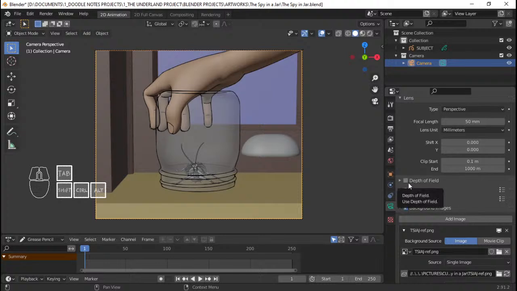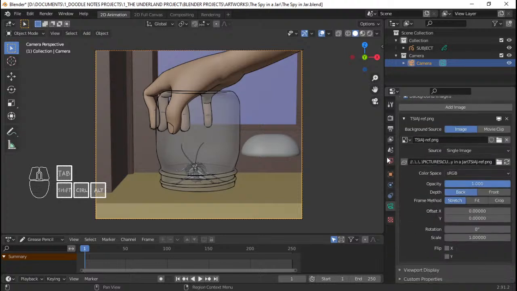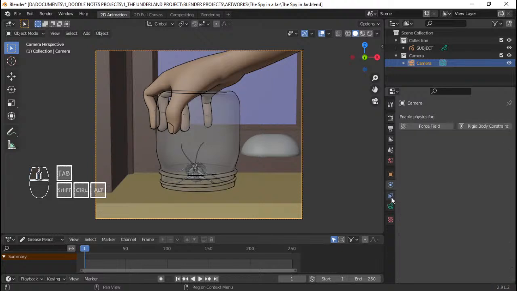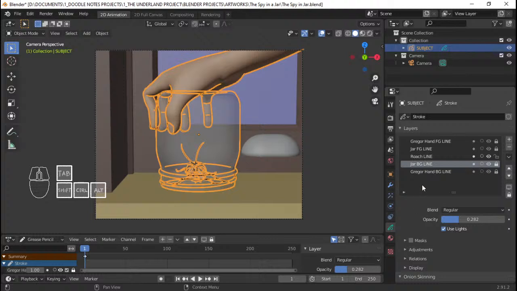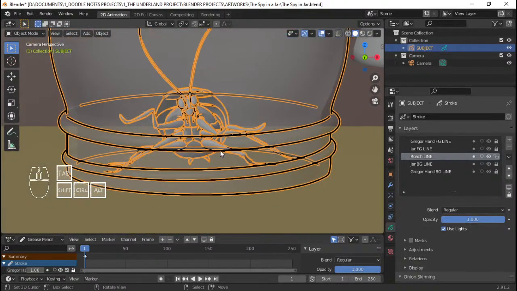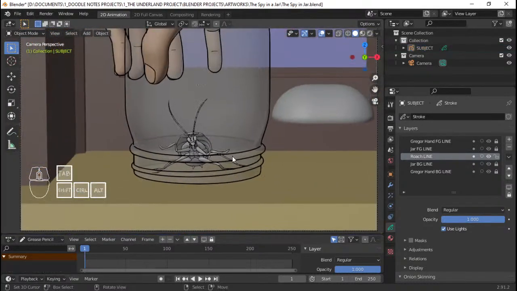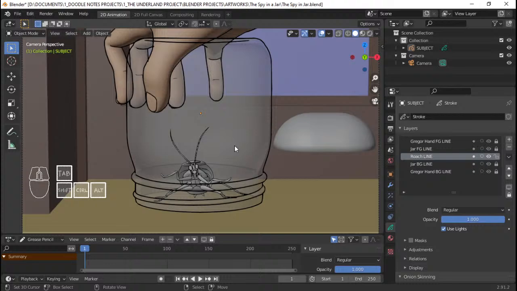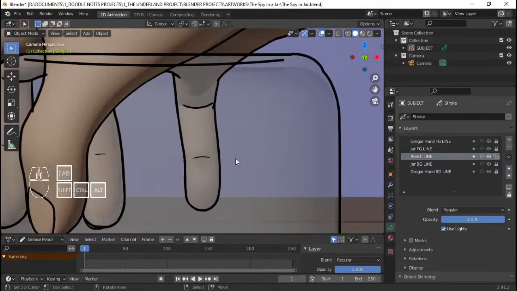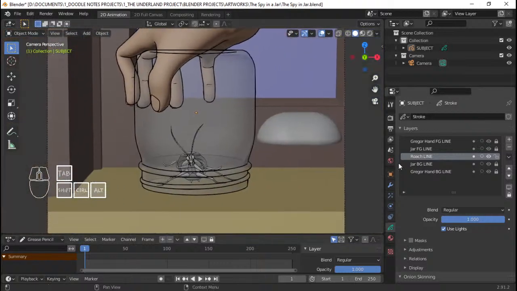Let's fill some stuff up, or rather, let's fill the inks, the lines. The first thing I'm going to fill is the background stuff first. Well, let's see. I think I'm going to do a trick here.